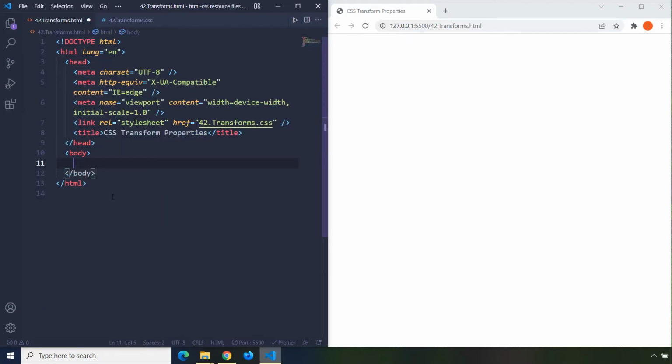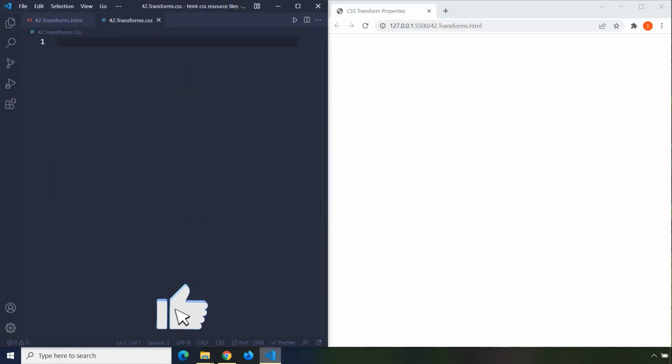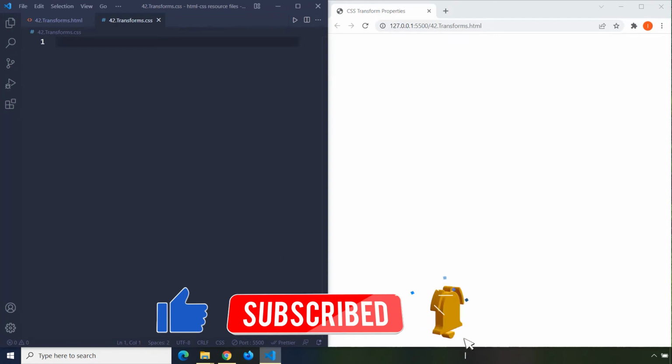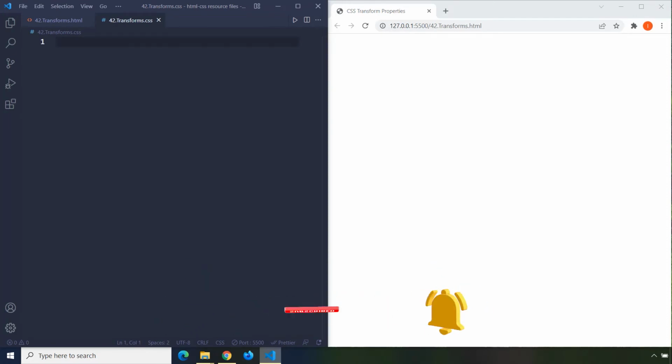Now what I'm going to do is create one individual div and I'm not going to provide any content. CSS transforms allow us to transform CSS boxes. By transformation, what I mean is I'm going to show it to you in code. So let's grab our div, and in here what I'm going to do is